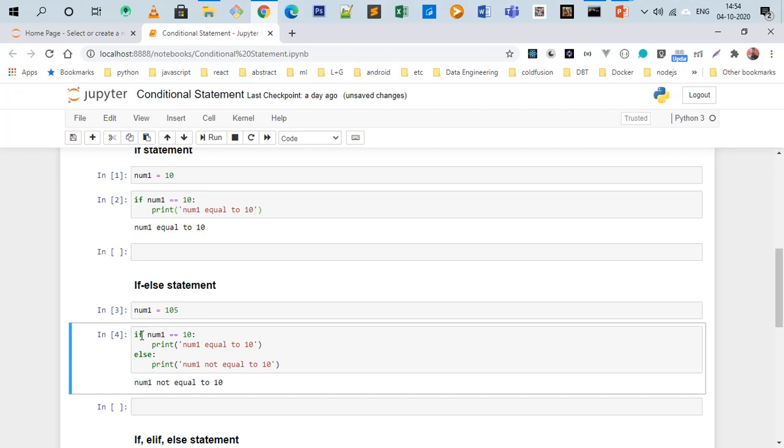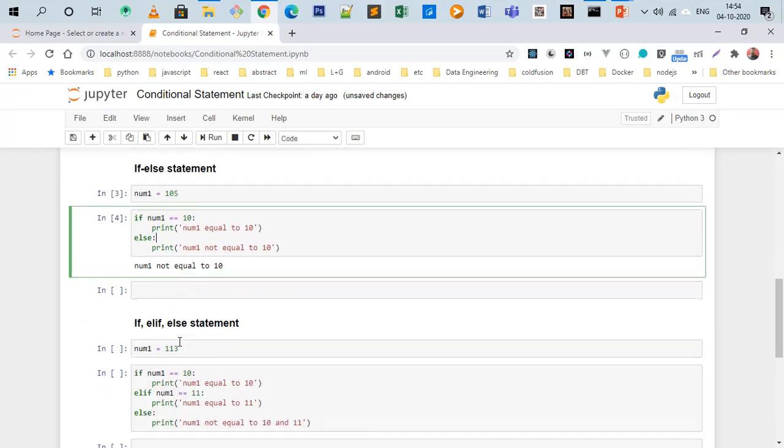First it will check number 1 equals 10, the condition will fail, or you can say it will not go inside the if body. Then it will execute the else statement. If this condition is met, it will go to the if body, otherwise it will go to the else, and it will print number 1 not equals 10. Yes, number 1 is not equal to 10 because number 1 is 105.